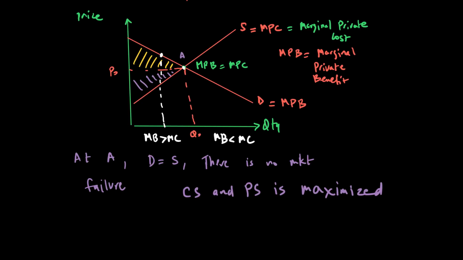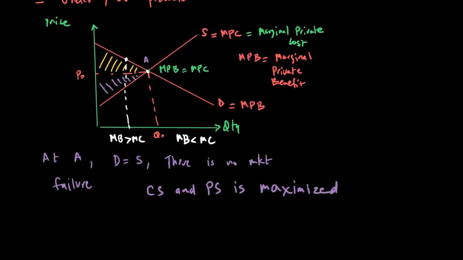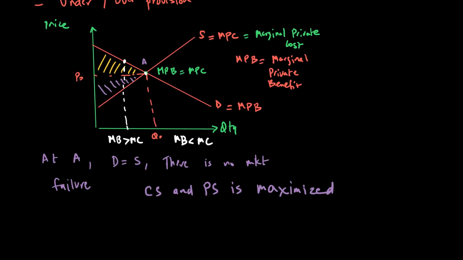Why? Because the consumer surplus and producer surplus are maximized. Now let's look at a scenario where this does not happen. One reason why it does not happen is what we call externalities. When you look at externalities,